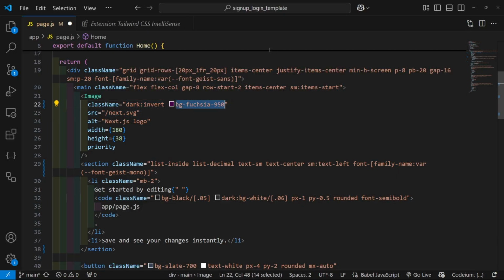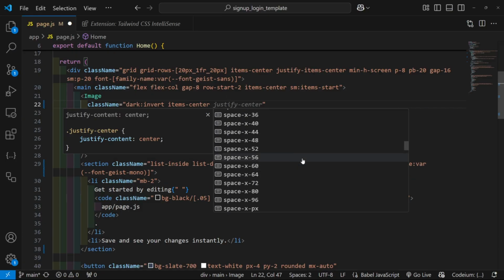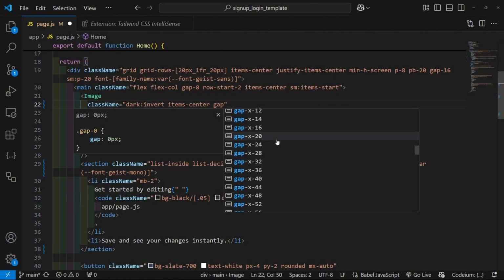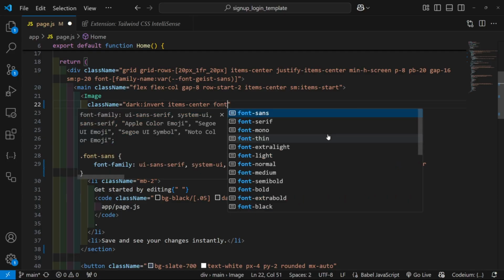But whenever I write really any other class, so let's just say item center, it's going to show you everything, but you just have to press Control Space and then it's going to show you all the different classes that you can use. So let's just say gap, and then it's going to give us the other different options. Same goes for font. So if I write font and press Control Space, it's going to give me all